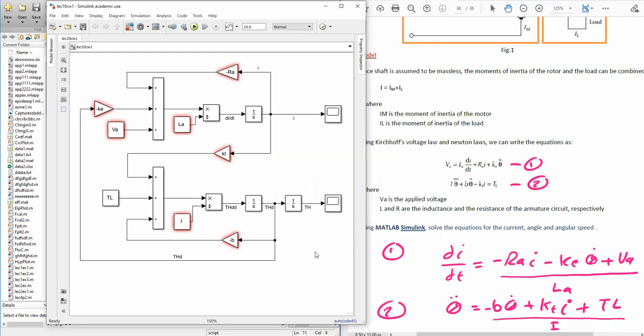If you wish to show the speed, theta dot, instead of theta, we can add another scope: Ctrl C, Ctrl V, and connect the theta dot from here to here. Double click here to show that this is the theta dot. If you want to show them in one scope, delete this scope, delete this scope, come to this scope, double